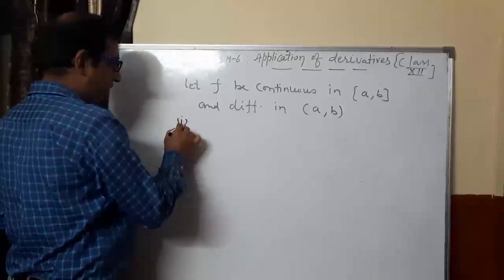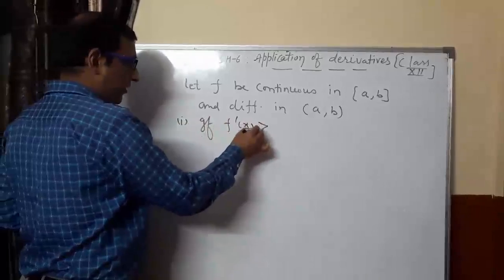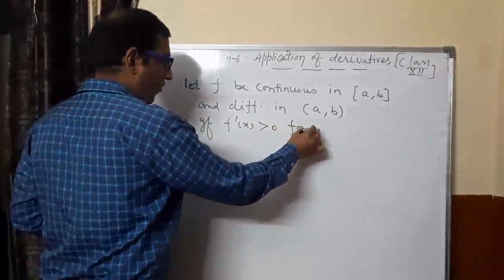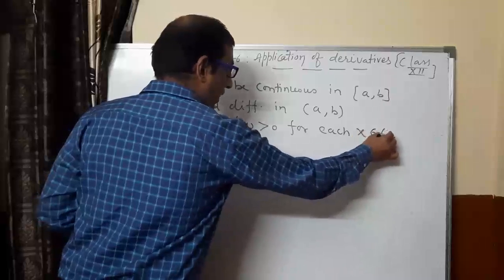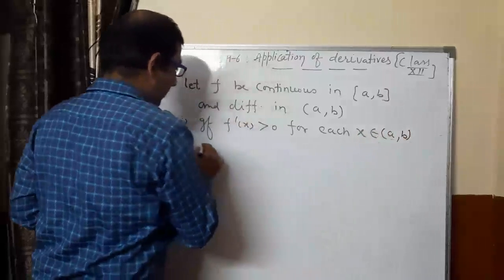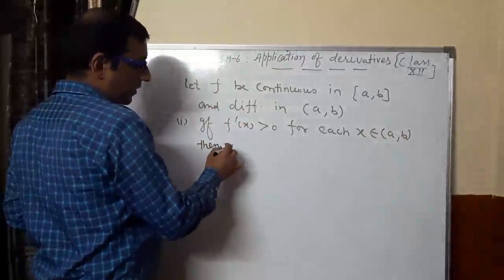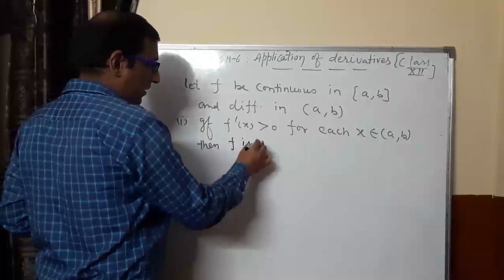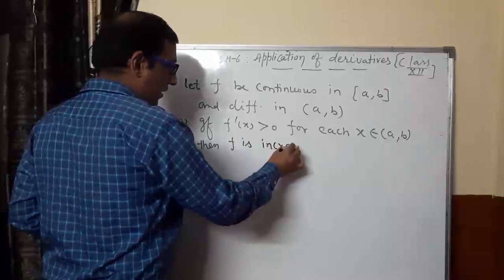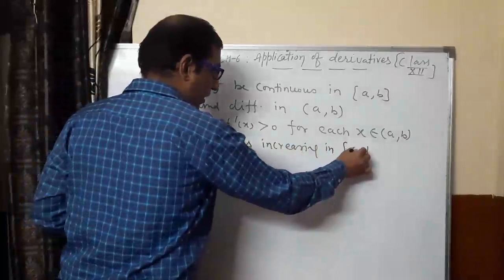Then we can say if f'(x) is greater than 0 for each x belonging to (a, b), then we can say f is increasing in closed interval [a, b]